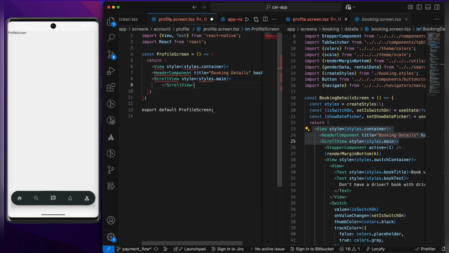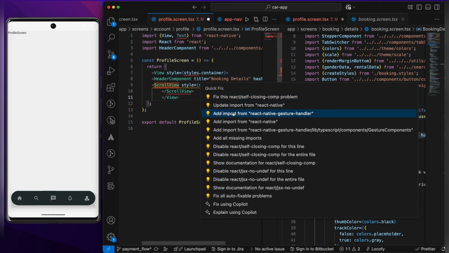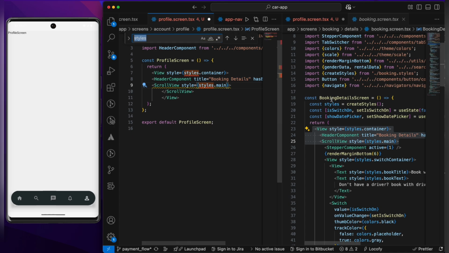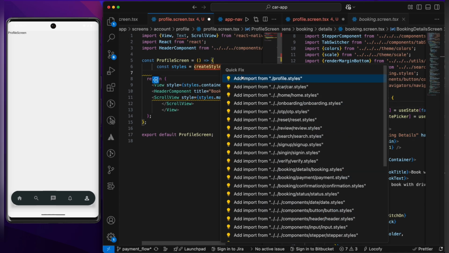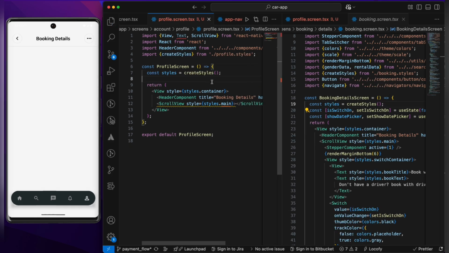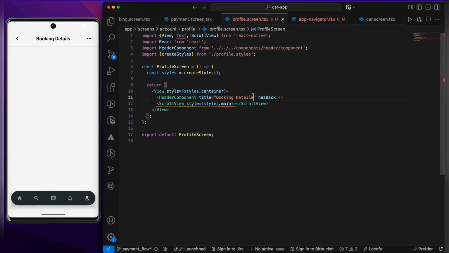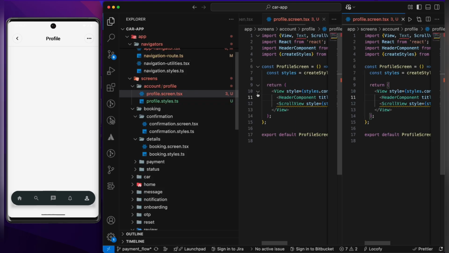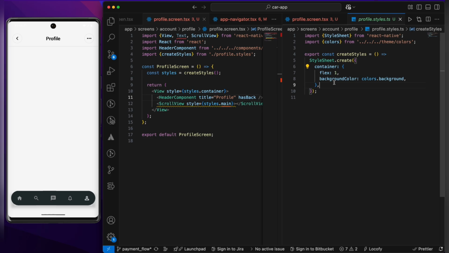Import it, like close this and close this. Import the header component and the scroll view component from React Native. I need the style, so I'm going to copy and paste over here, import the create style from profile style. Instead of booking detail, I'm going to name it profile, with a capital P. Okay, so now if you can see, we have this main, so I'm going to go over here and write